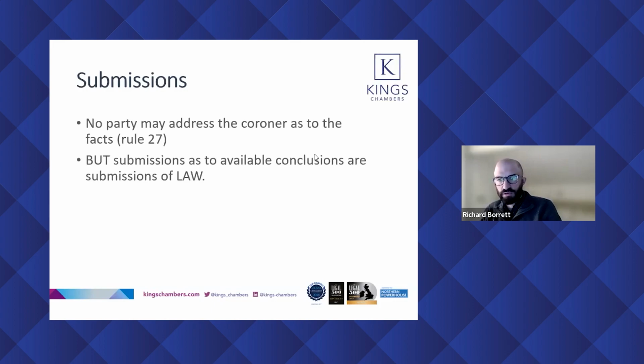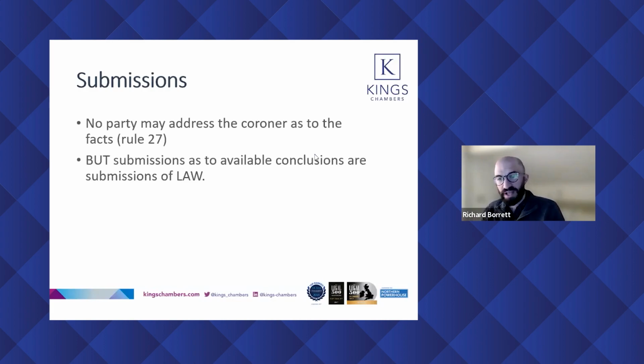There's a bit of a technical issue there about the Galbraith test and the Galbraith Plus test, which I'm not getting into today because it's a very complicated subject. In broad terms, the question is whether there is sufficient evidence for that conclusion to be made. So, for a conclusion of suicide, there would need to be some evidence that the person had intended to take their own life. If it was completely unclear and there was no evidence either way, then that would not be safe to leave to a jury. The same process applies when the coroner is sitting alone, because the coroner needs to direct himself on certain conclusions.